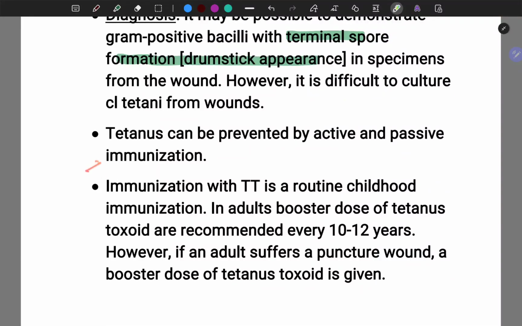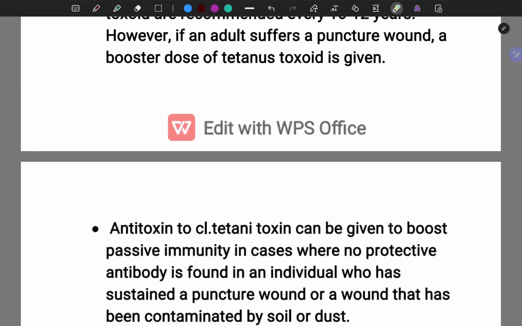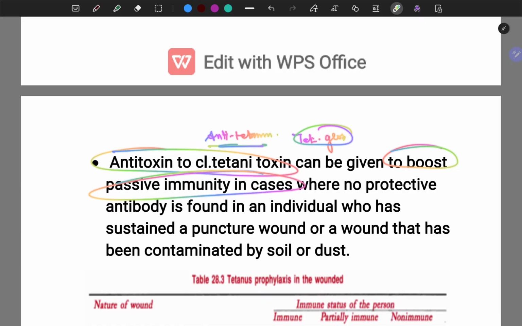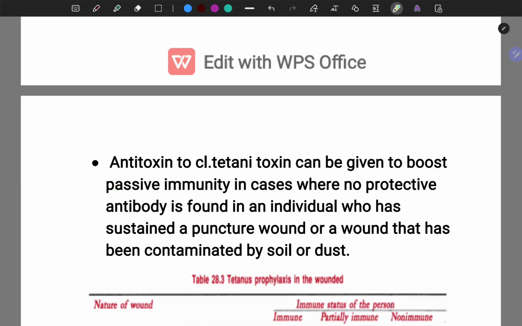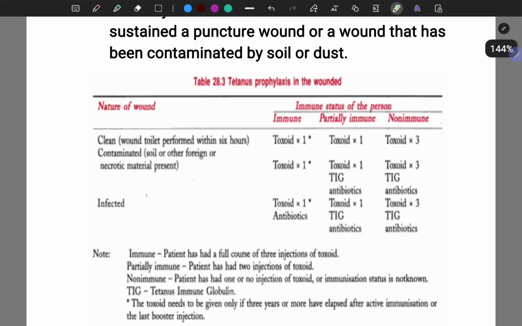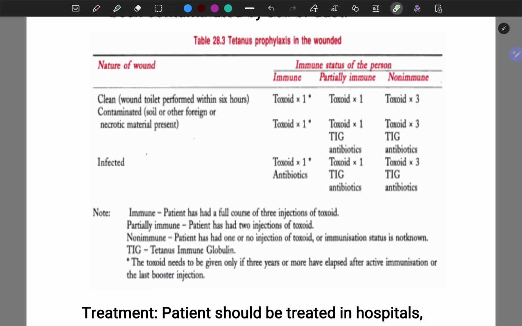So you can do immunization. In adults, the tetanus toxoid dose is recommended every 10 to 12 years. There is another thing called clostridial antitoxin, which is nothing but anti-tetanus serum or tetanus immunoglobulin, that can be given to boost passive immunity in cases where no protective antibody is found in an individual. So this is a very important table. Just remember this point: if the patient is immune, if it is a clean wound,